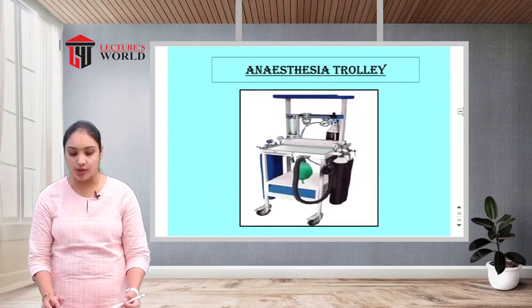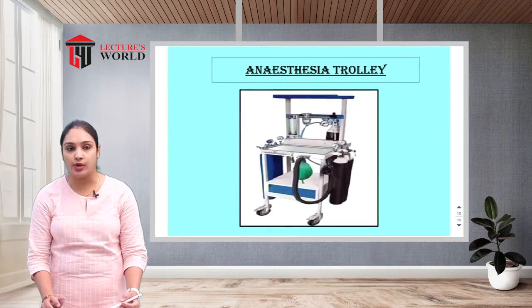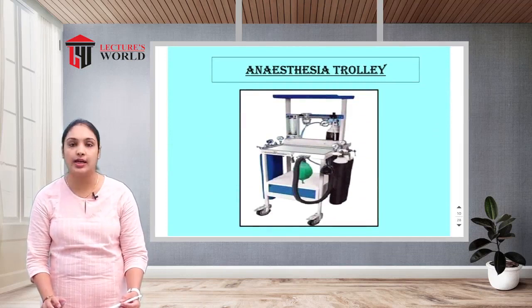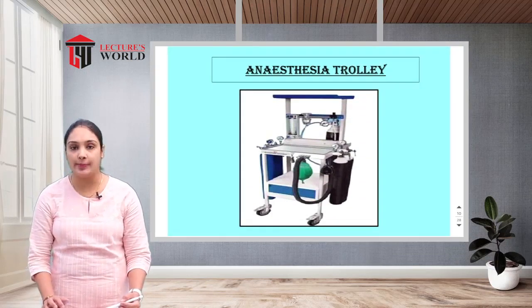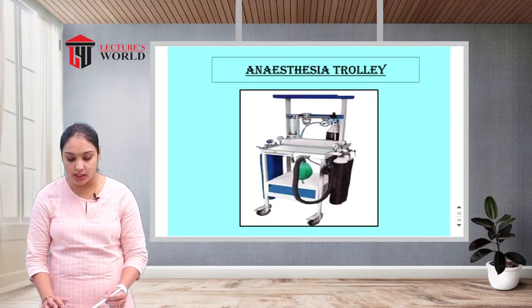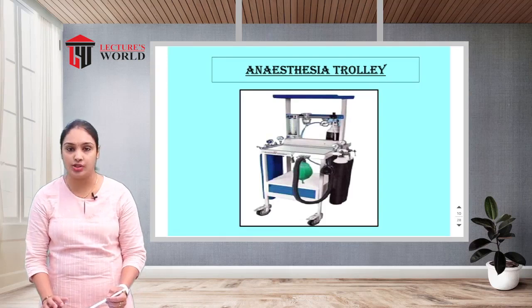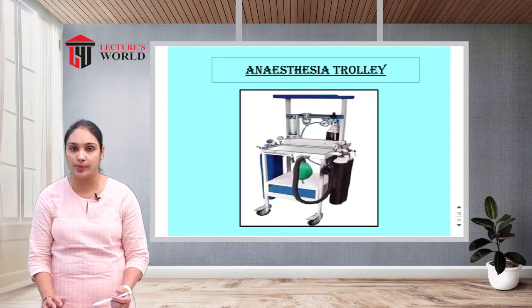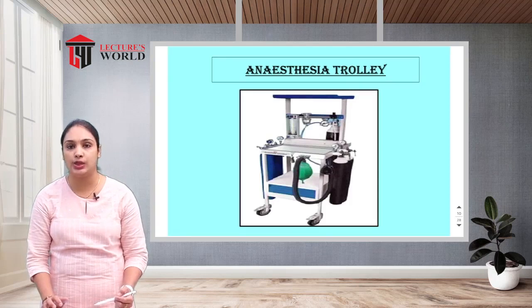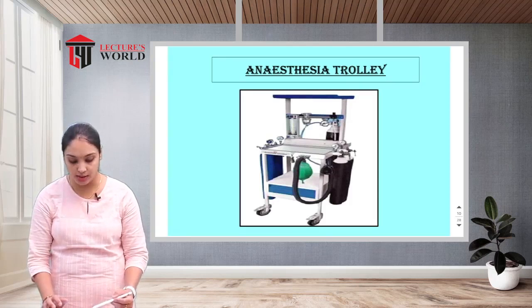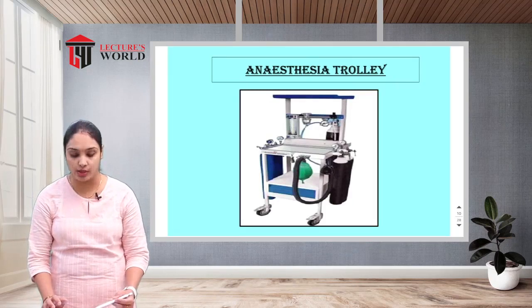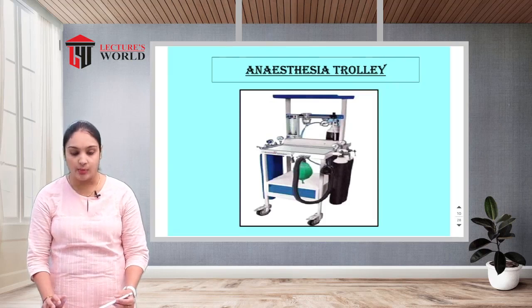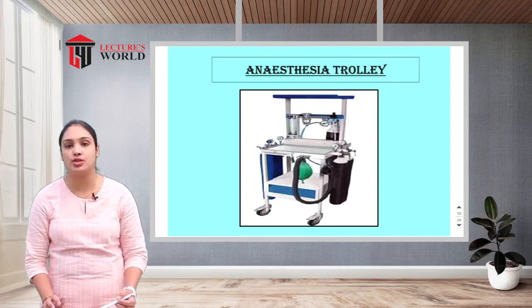This is an anesthesia trolley. The anesthesia trolley is mainly used for administration of anesthesia. It is prepared by the anesthetist doctor, who will administer the anesthesia. They keep all the anesthetic drugs on the anesthesia trolley. This is a general anesthesia administration device. All the emergency equipment is present here, like endotracheal tubes and mask, suction catheter and all. This is a bag and mask ventilation that is also present on the anesthesia trolley. All the equipment for administration of anesthesia is on the anesthesia trolley.